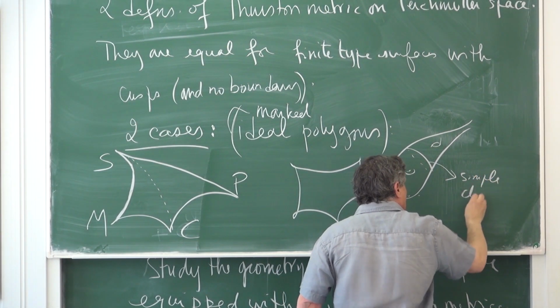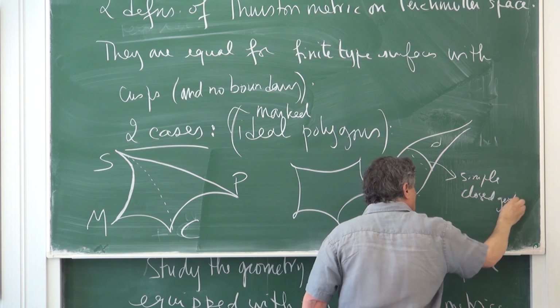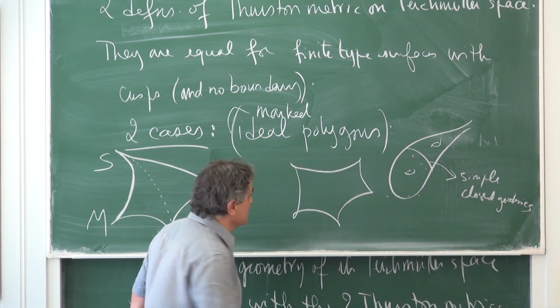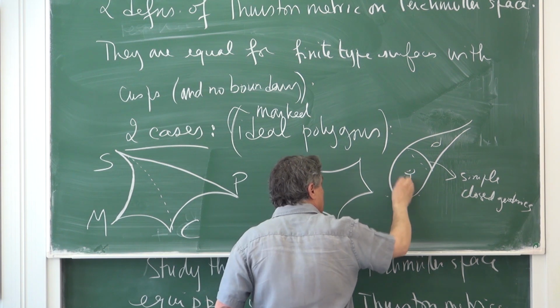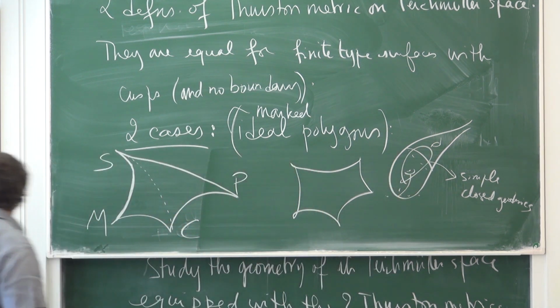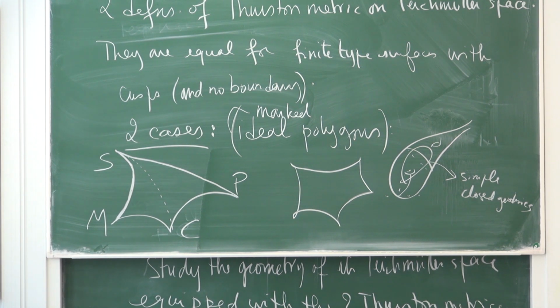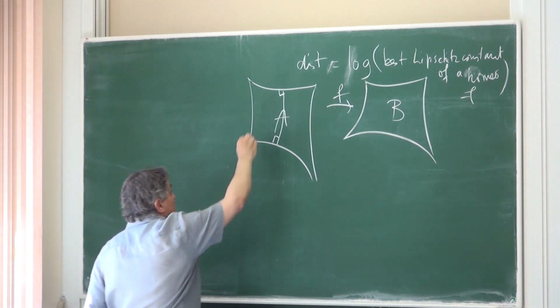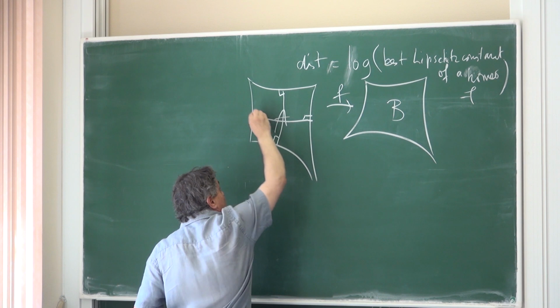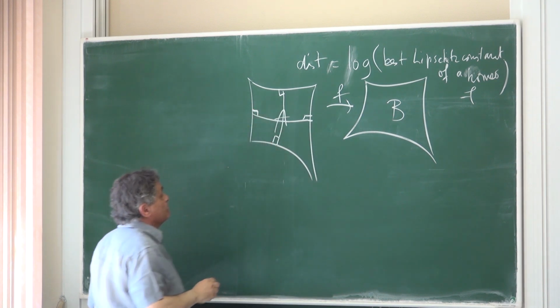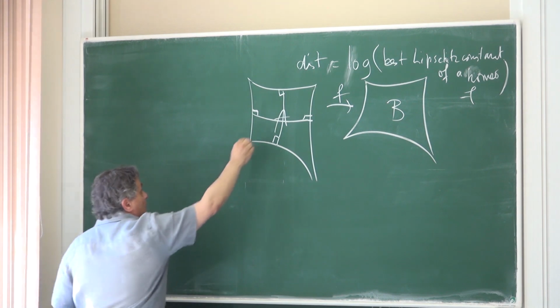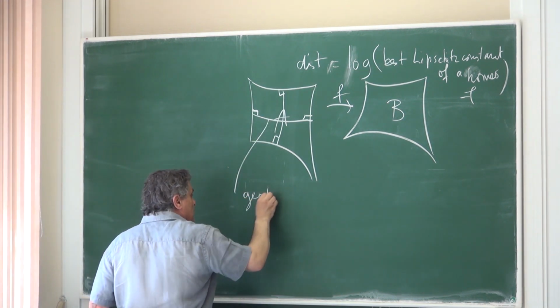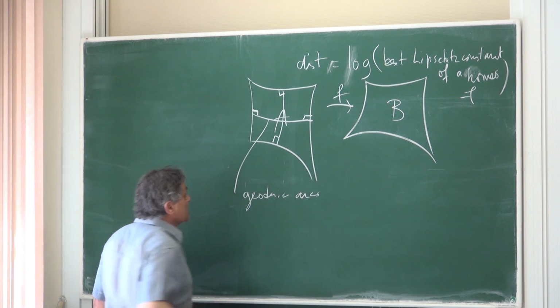The second version of Thurston's metric, if you recall, used the lengths of simple closed geodesics on this surface, a finite type surface with cusps. And here I want to replace these simple closed geodesics by just these geodesic arcs. And here I have only two geodesic arcs